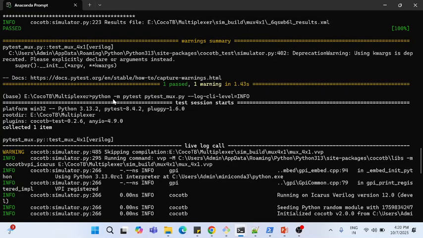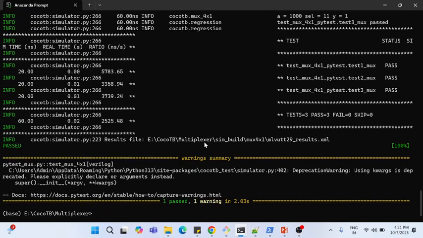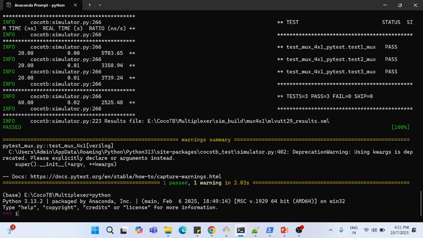Earlier we could simply use make. So make will call the cocotb config and run it. But as I already told you, that has become obsolete or deprecated. We can use a Python script to run this, or if you want to run it as a part of the application, we can also run it with this import